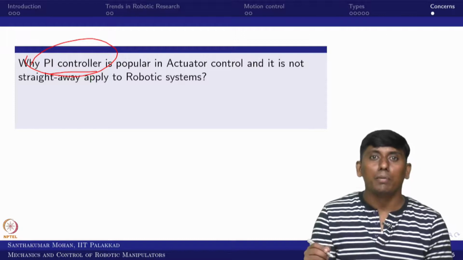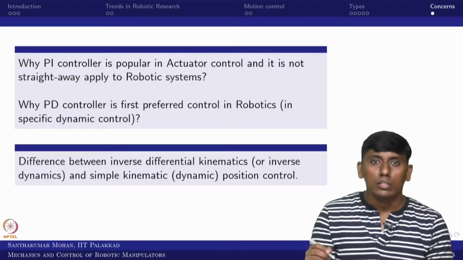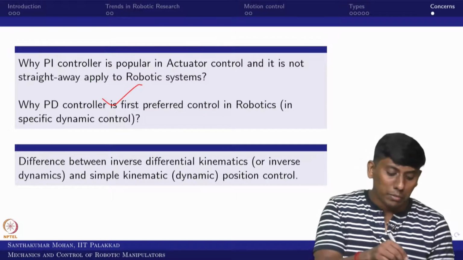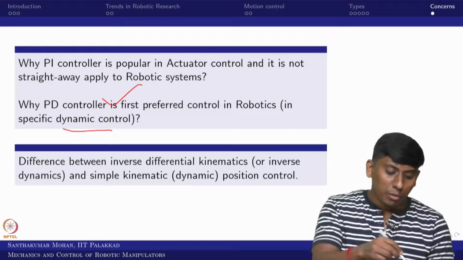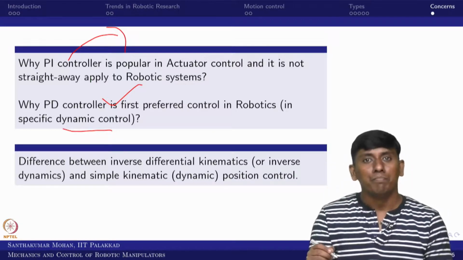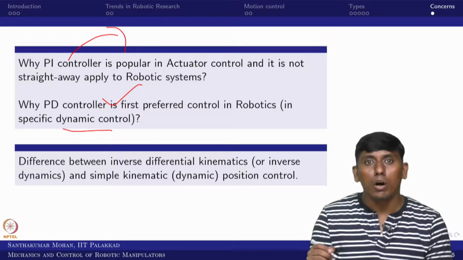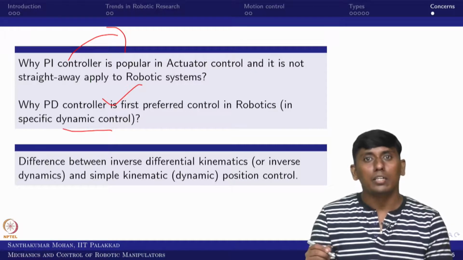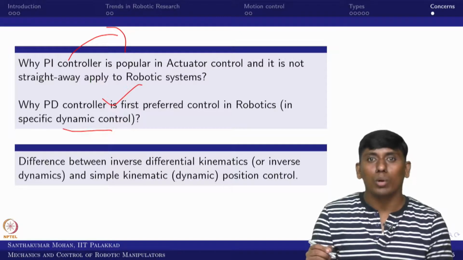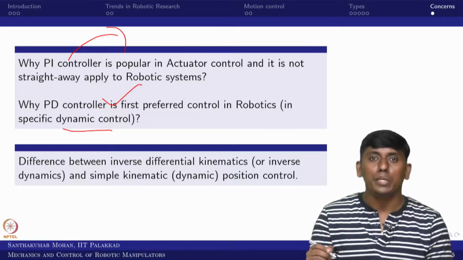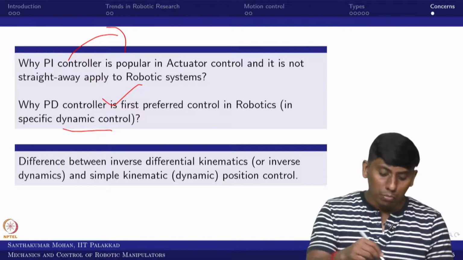In that case, what people use is PD control. PD control is the preferred control in robotics, specifically at the dynamic level. PI control would be common at the kinematic level, but the kinematic level is not common in the robot manipulator community, because the actuator dynamics and the motion dynamics are not negligible. Further, most manipulators work with multiple bodies, that too in spatial motion. I hope this is clear.